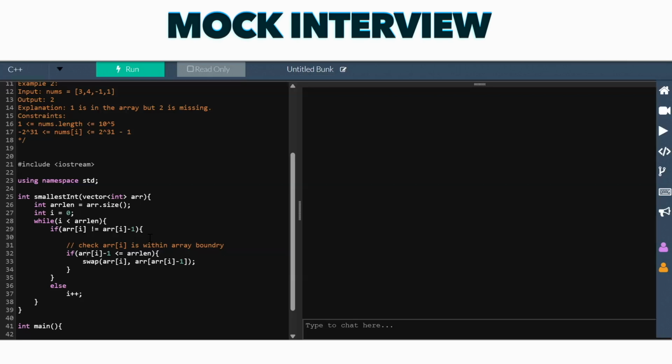Then only, because array of 1 is already in this array of I, we know it's already here, and we want to change it here, and after the swap we need not worry about what is going into index I. We only have to make sure we are swapping at the correct index, otherwise we are going to